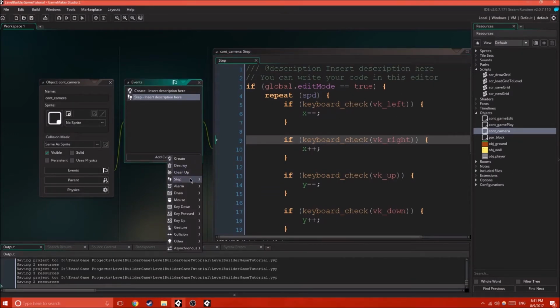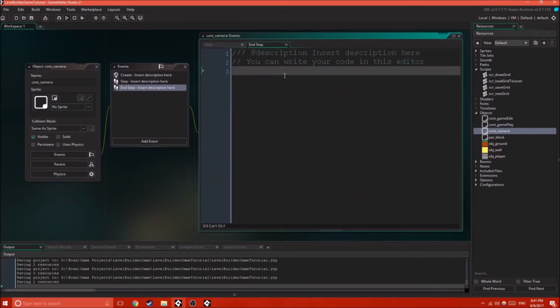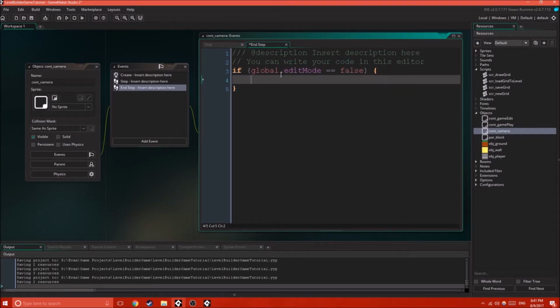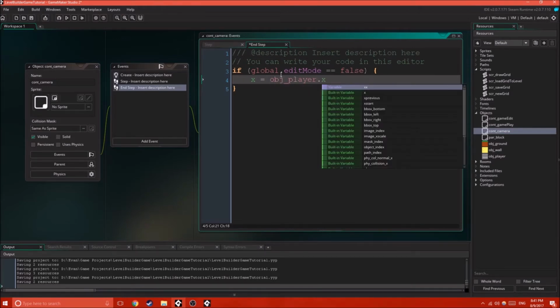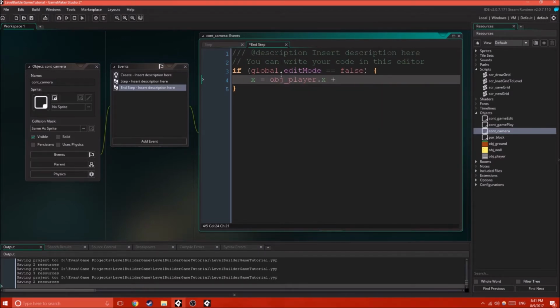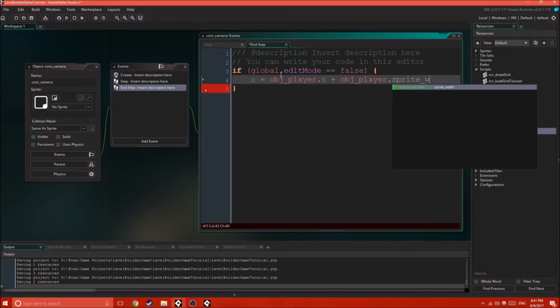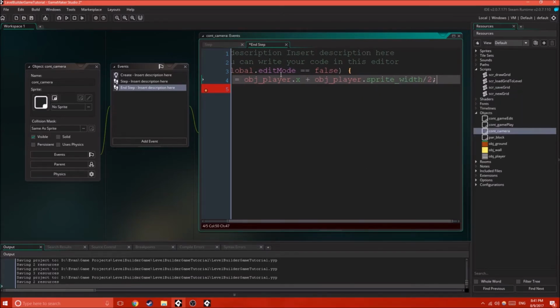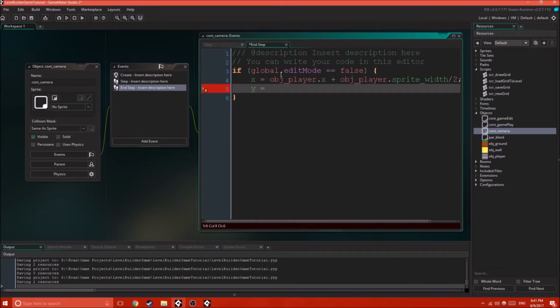Okay, we're also going to create an end step event, if I can find it. Okay, here we go. And inside here, we need to see if the global edit mode equals false. And then if it does, we need to set our current location to the object player X location, and the object player sprite width divided by 2, and then for Y,